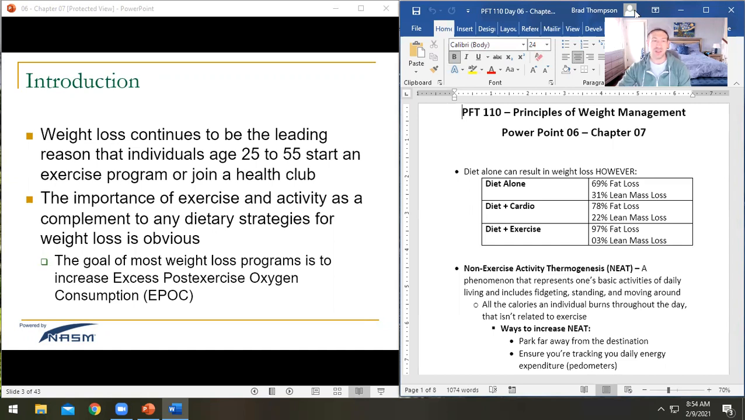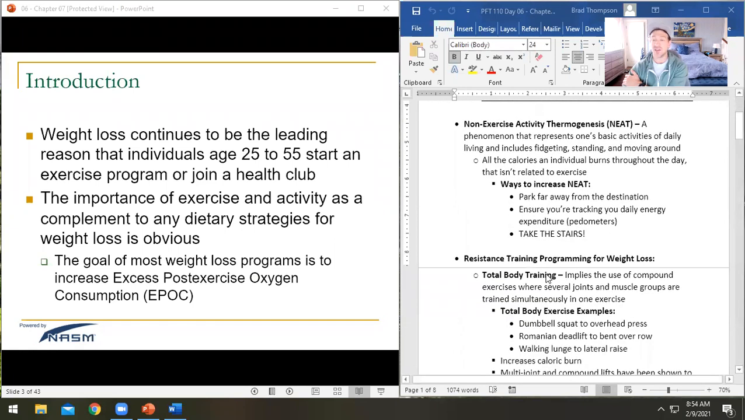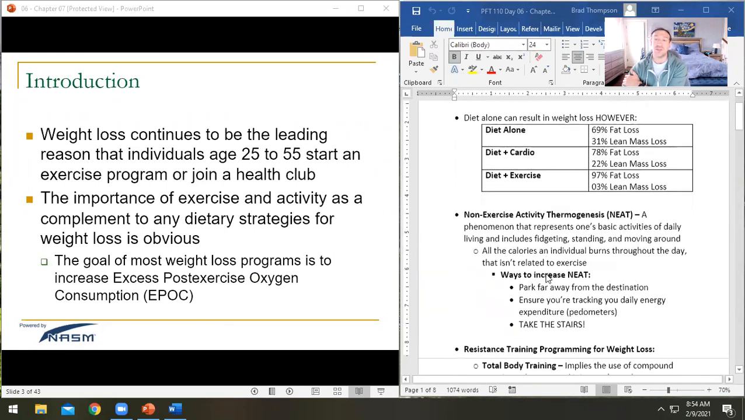And so as we're looking at that, our goal here is to increase what is called EPOC as much as possible. This is a phrase that I always say, like a joke that I've been making for years now, but we want to keep our EPOC levels really high. And what EPOC is, it stands for excess post-exercise oxygen consumption. So you'll remember from physiology, we talked about how oxygen consumption is directly tied to